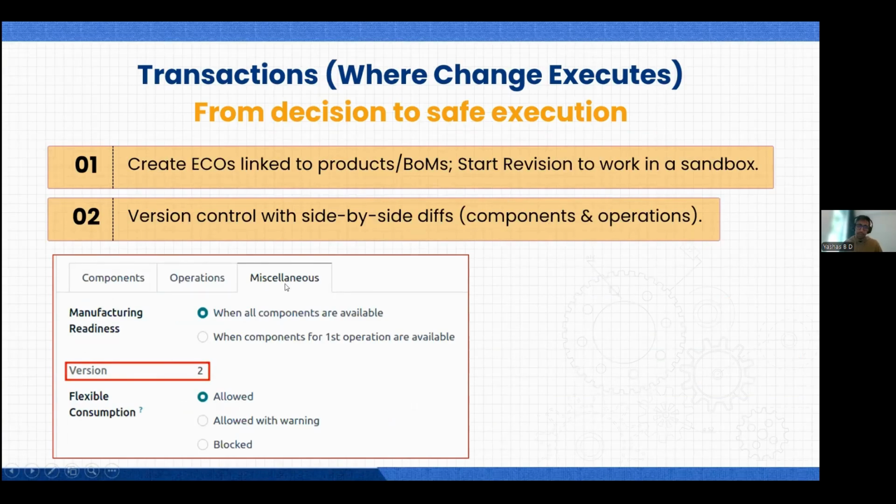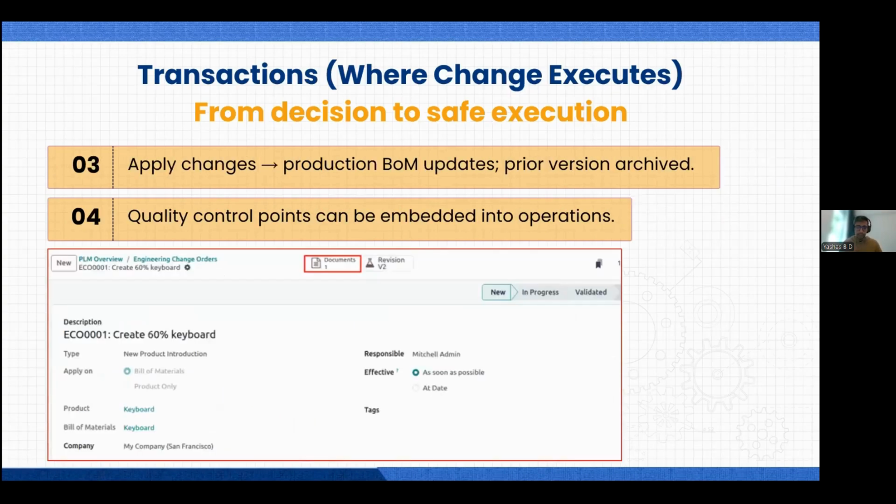This screenshot is from the bill of material masters, which says what the present BOM version is. It also shows how many ECOs have been done on a single bill of material. Once the engineering change order for a bill of material is validated, if you go to the ECO, there will be the reference of the bill of material. If you go to the bill of material, there will be the reference of the ECO, the engineering change order. You can see over here as well.